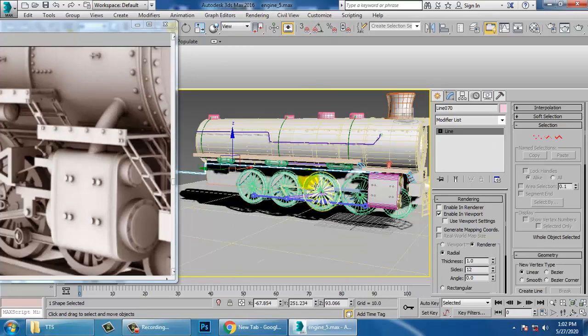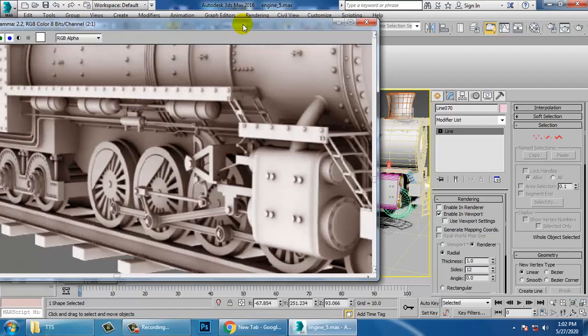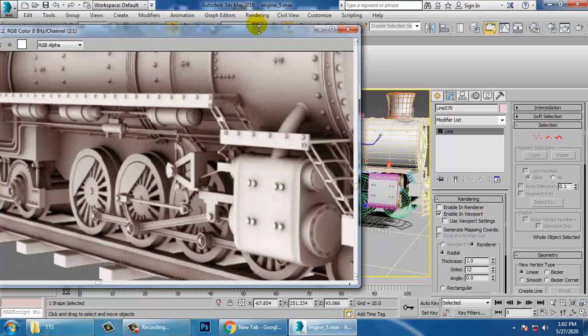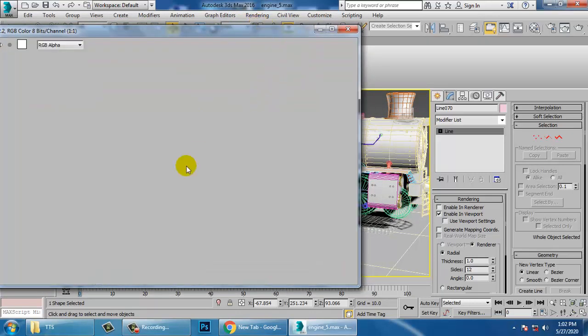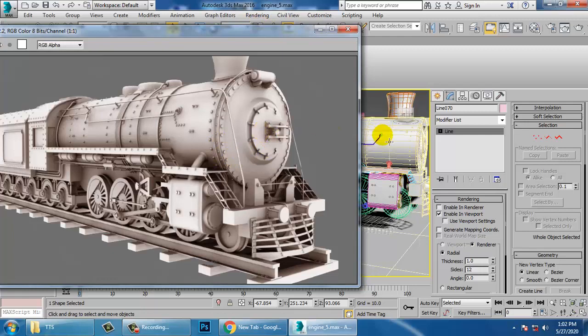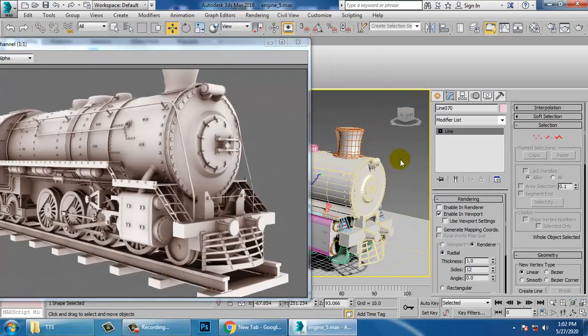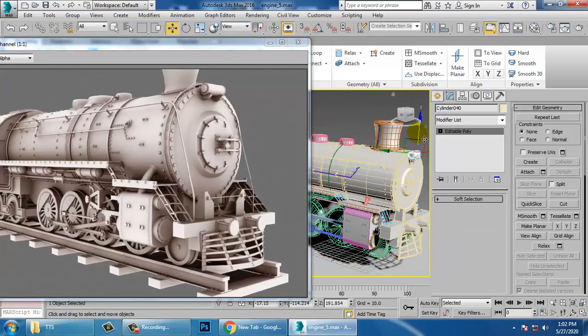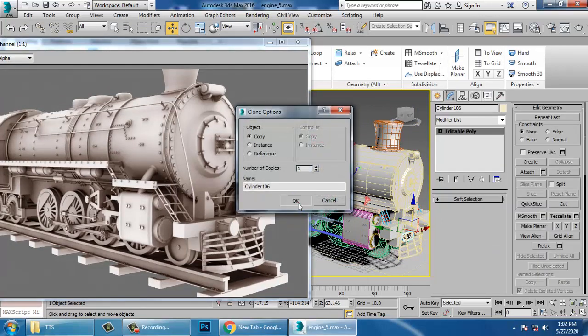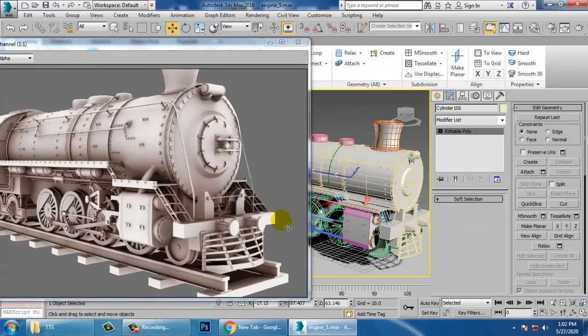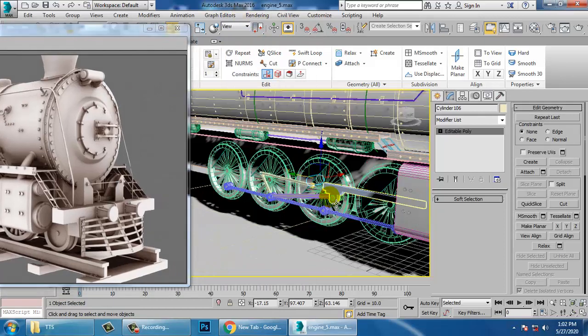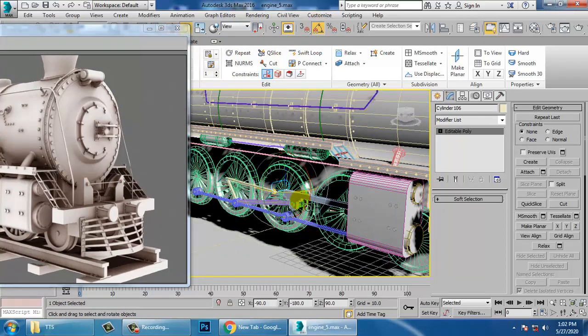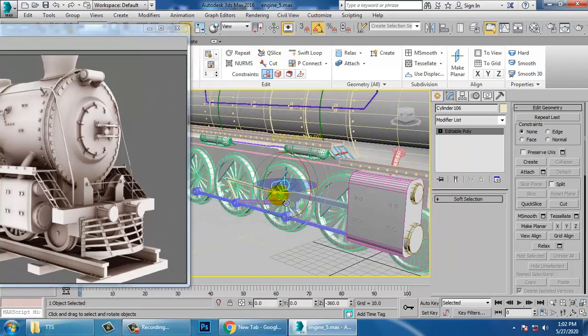Just push that down. Let's take a copy of this. Select this, take a copy of it. Just push it behind. Rotate it, and just push that up.